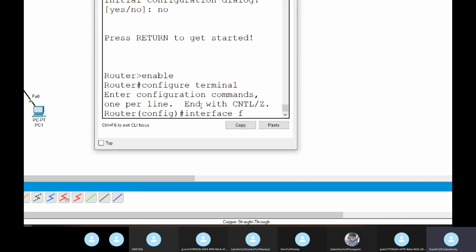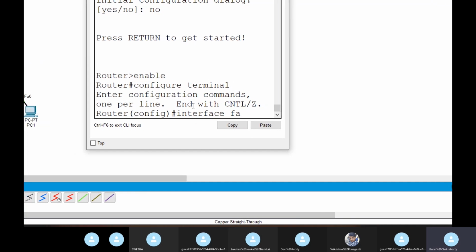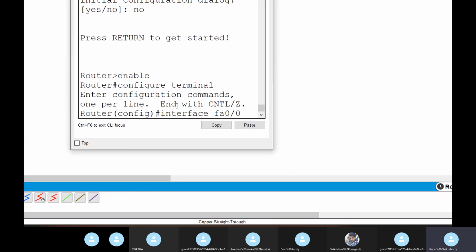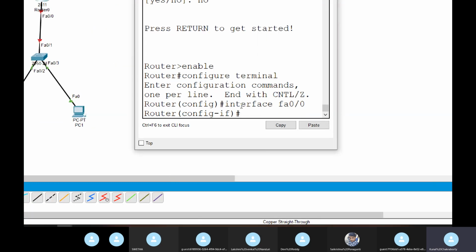So type FA0/0. Interface is the command. In which interface you want to go inside, that name you have to give. Clear? Then enter. Now when you give enter, see what came: config hyphen if. That means you are inside FA0/0.